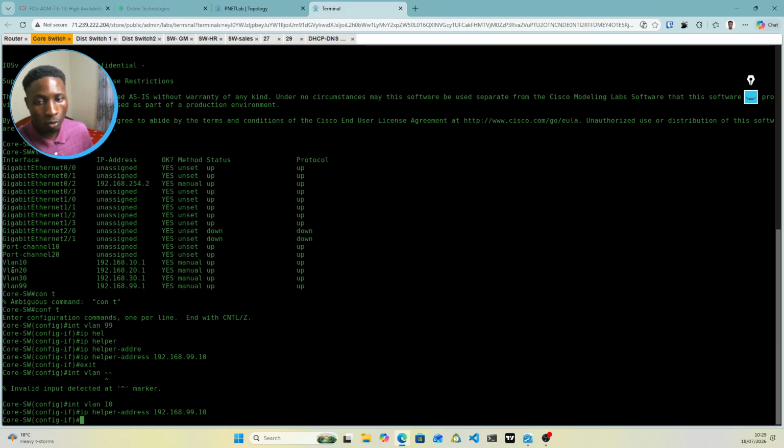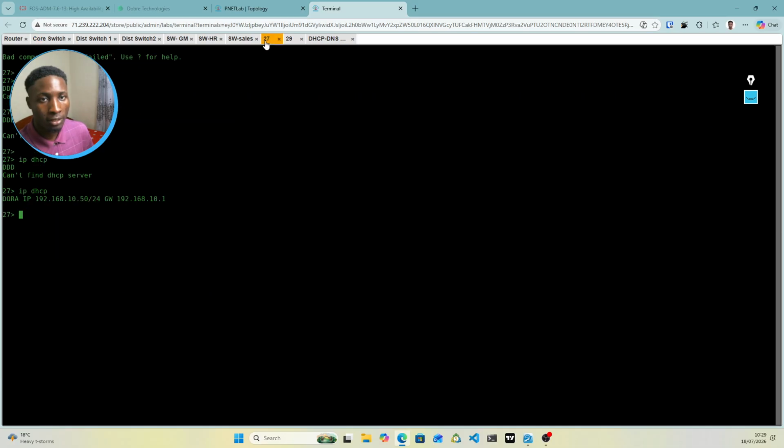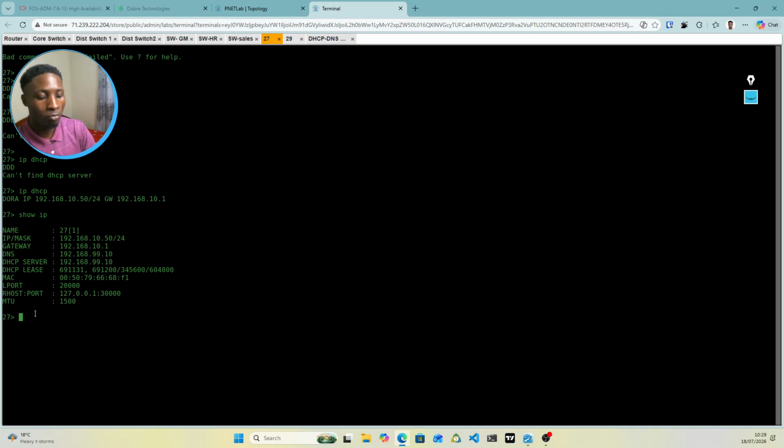Similarly, if you want devices in VLAN 20 to receive an IP address from the DHCP server, you need to equally enter this interface and do the IP helper address and put the IP address of the server. You also need to make sure that the scope for VLAN 20 is accessible. If you go to this device here and I do show IP, you can see clearly that it has gotten an IP and equally knows its DNS server and the likes of that. So if we do a ping, for instance, to 8.8.8.8,